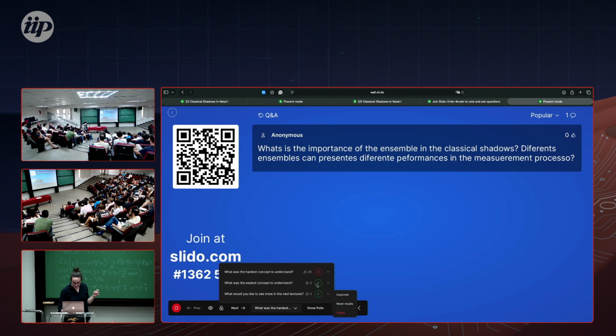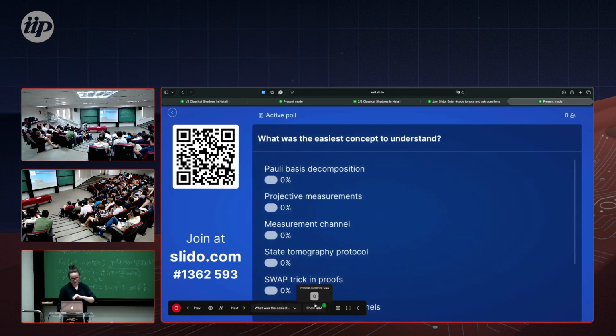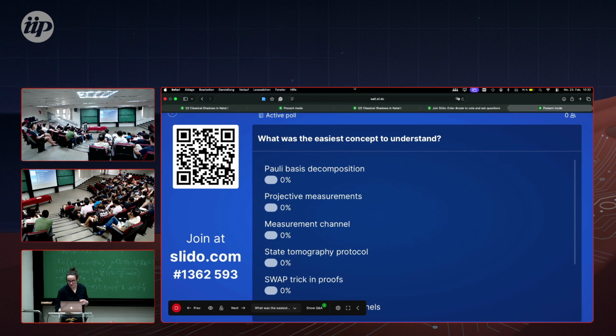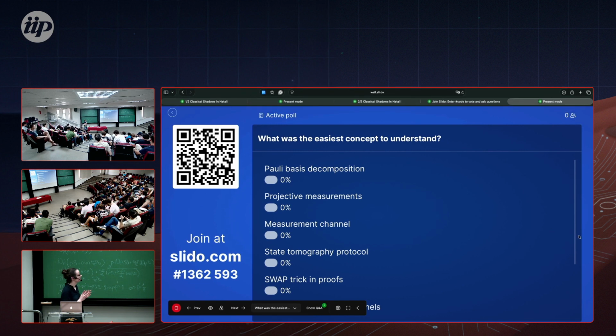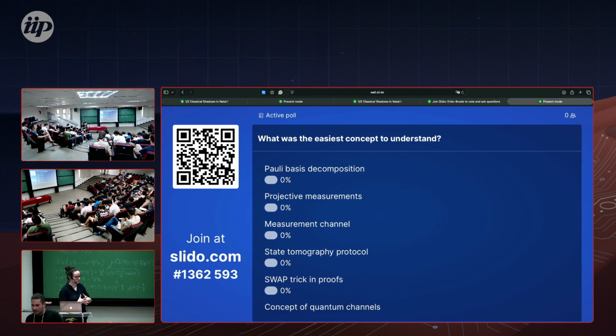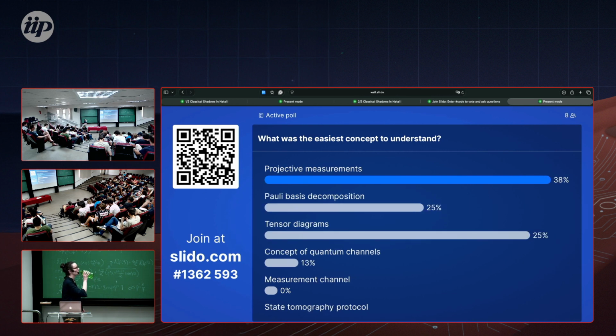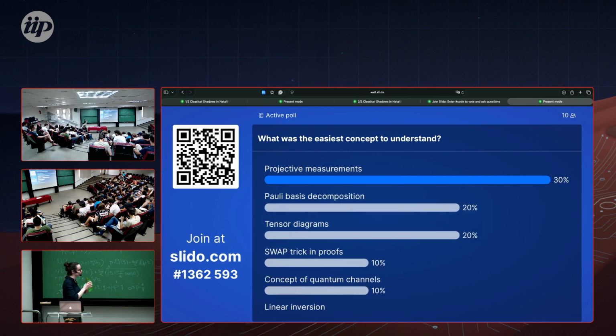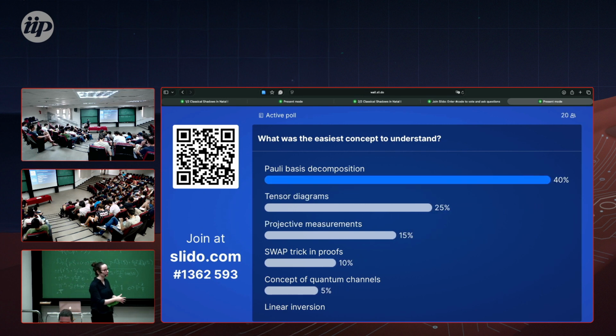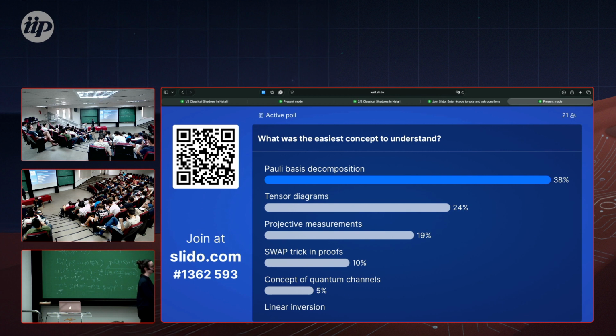What was the easiest concept that you found in this lecture? Product measurements. Yeah, it's very intuitive, no? We learn very quickly in quantum info or quantum computation what a product measurement is.